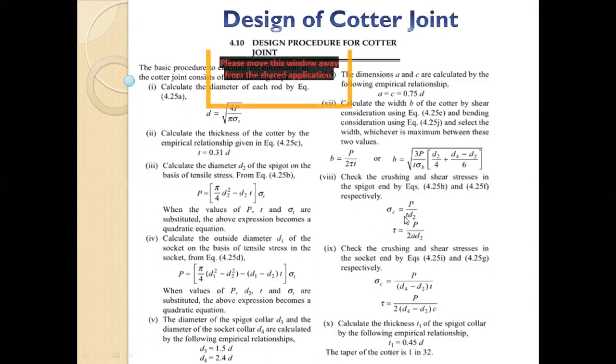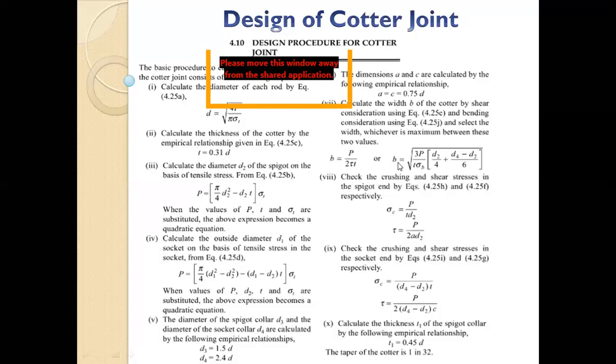Now we have seen that the quarter fails two ways. It will fail by shear or it will fail by bending. For shear, if you remember, tau is equal to P upon area, right? P is the load and the area is in double shear. The shear area is the length of the quarter into thickness, right? That's where it will have a shear, length into thickness. So that is B into L, multiplied by 2. Using that equation we can get B, the width of the quarter, as P upon 2 tau L. Here P is the load on the quarter, tau is the allowable shear stress in the quarter, and T is the thickness we got. So this is one equation.